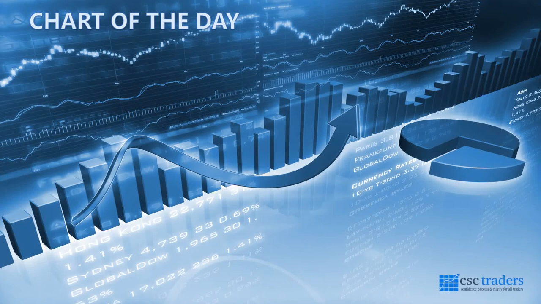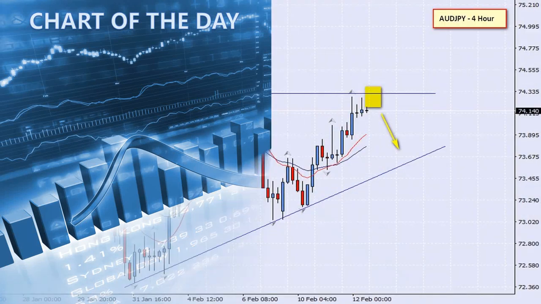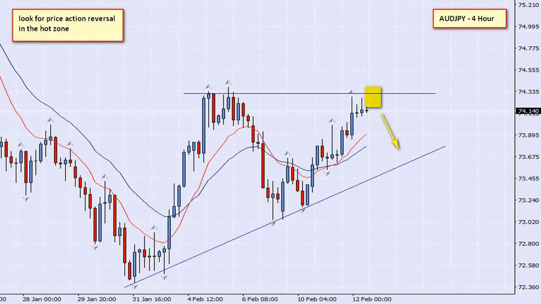So let us now move on to our chart of the day. Incidentally, that Euro USD chart that we were tracking over the last 2 days, yesterday's candle went down quite hard and it spoiled the setup for us, so we didn't end up getting the setup and no trade on that one for us. So what I have found this morning, and it was actually quite difficult to find anything of real interest, but this was the best thing that I could see.